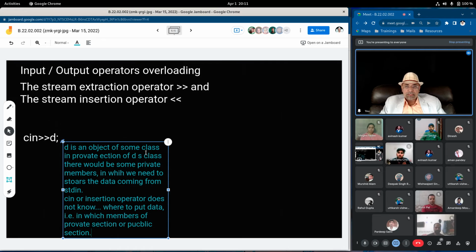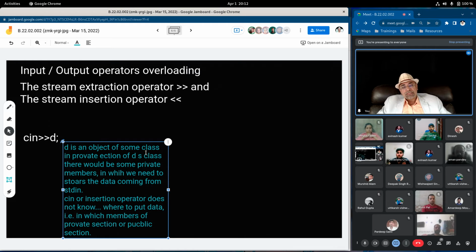It does not know in which members of the private section of the class the data coming in from stdin will be stored. Had there been an ordinary variable like char, int, float, then cin would have known that this is the variable where you have to put the data. There is one data and one place, so one data will be stored in one place.